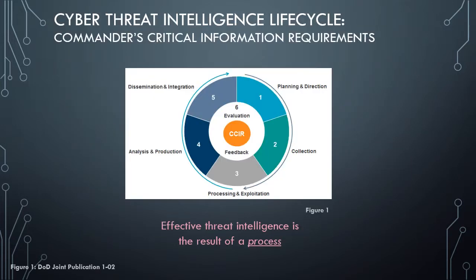So this diagram is an excellent representation of the cyber threat intelligence lifecycle. The planning process is where we are now, creating a plan. Collection is the collecting of relevant data, and we're going to talk a bit about how we do that using cyber threat intelligence tools. We then process and use that information in usable formats. Next is analysis, and the analysis of information should be timely, accurate, and actionable. And finally, we disseminate that information to all levels when it's needed.